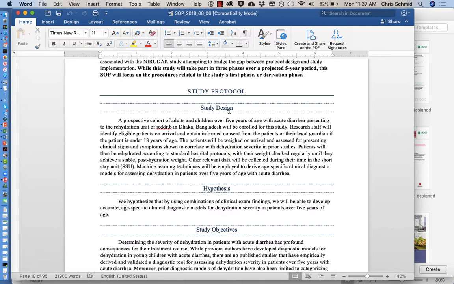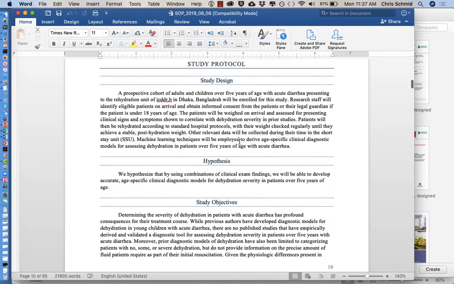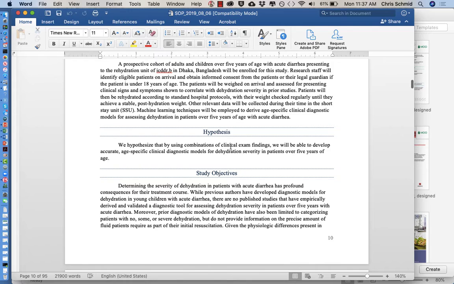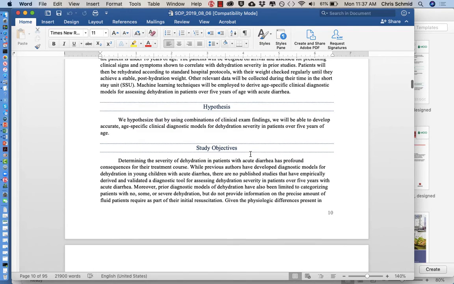So the protocol, first of all, has the design. So this is going to be a prospective cohort of adults and children over 5 years of age with acute diarrhea presenting to the rehydration unit of ICDDRB in Dhaka, Bangladesh. And so basically the research staff are going to identify eligible patients on arrival, try to get informed consent from them. The people will be weighed, assessed for clinical signs and symptoms. They will then be rehydrated according to standard protocols, and their weight will be collected and other information will be collected. The hypothesis is that we can develop these predictive diagnostic models